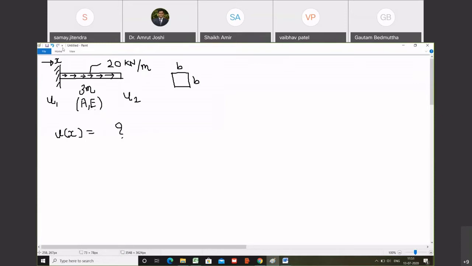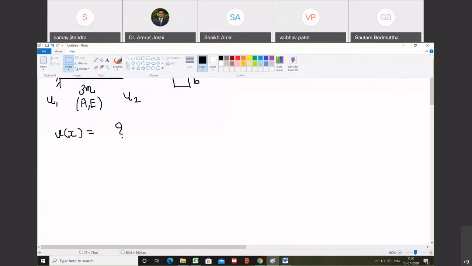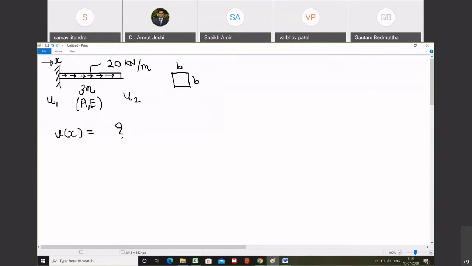Let us define our coordinate system. As this is a 1D problem, I have defined x going towards the right as the coordinate system and the left end as origin. So let me call this left end as A. I'm going to call the left end A as origin and B is the free end. And it is subjected to uniformly distributed axial load. So axial in the sense this member is skeletal, so the axis is the centroidal longitudinal axis. We have discussed this. So the load is along the axis of the member, that is along the length of the member. So what will be the axial load at A? It will be 20 into 3. Do you agree with me?